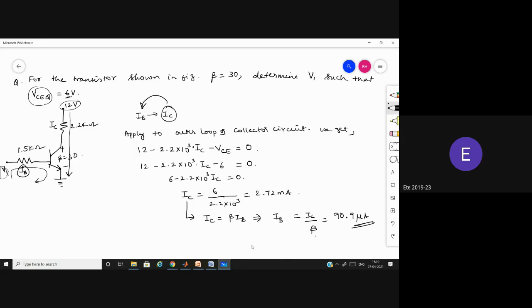See here they have given V1. This point is V1. So when they have given V1 without telling any sign, what do you think? Whether do you think this point is positive or negative? It is just marked as V1. They're not giving it as plus V1 or minus V1. What do you take it as? So we'll take it as negative because current is going out of that point, right?